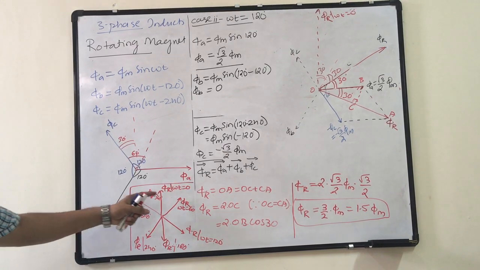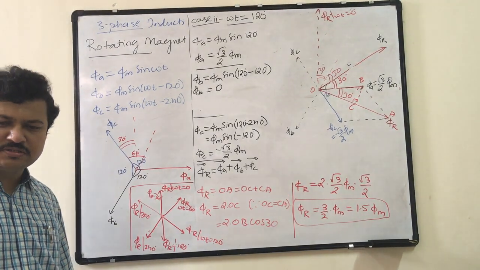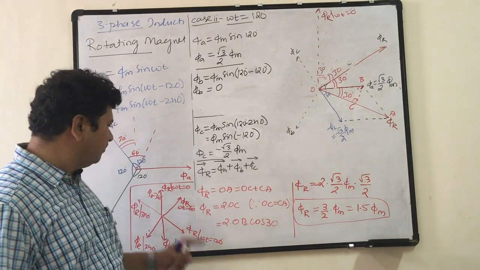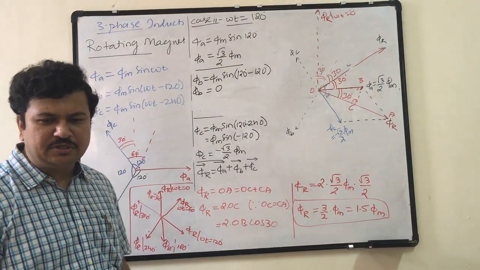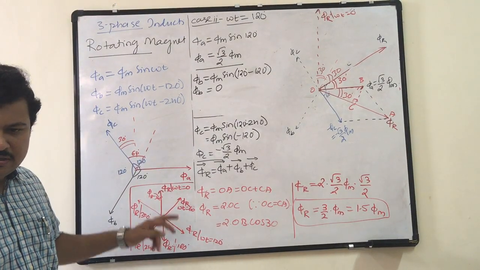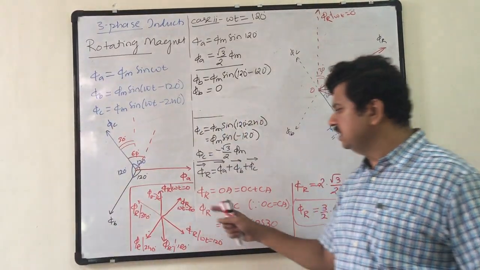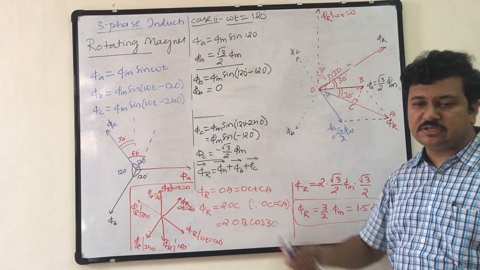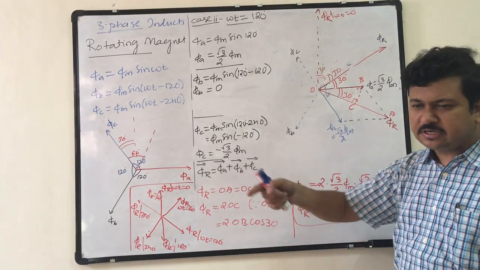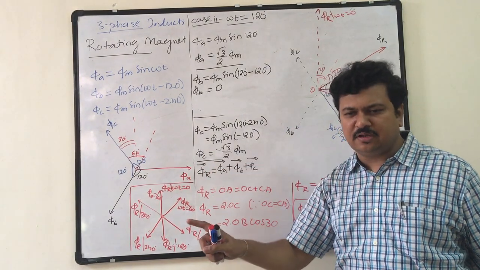And see the angular position of the magnetic field. The angular position of the magnetic field is the same as that of the supply. Therefore, I say this magnetic field is in synchronous with the supply, because the angular positions are the same. At omega t equal to 0, it is at one point. When omega t changes by 60 degrees, it also changes by 60 degrees. If omega t changes by 25 degrees, it will change by 25 degrees.